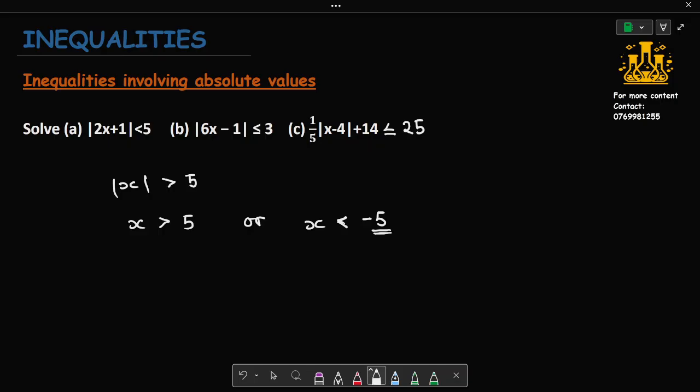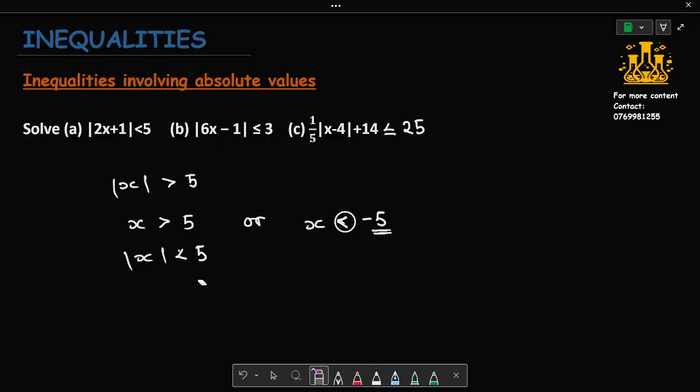And another example we can look at is if let's say you have the absolute value of x to be less than 5, you can write this as x is less than 5 or x is greater than -5. So remember, the negative part, we are having a change of sign. So that is basically the concept that we're going to apply as we try to look at inequalities that involve